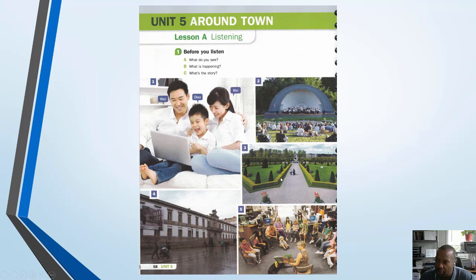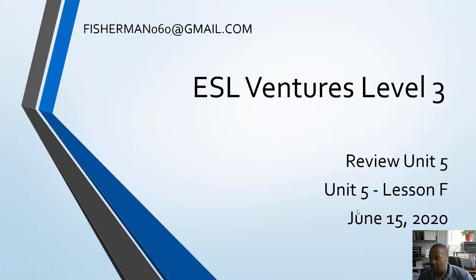Community events are things that we can do within our community that will either educate us or entertain us, like concerts, or provide us a place to meet other people. The storytelling picture at the library is a place where we can learn, we can be entertained, and we can also meet people. So that is what we're getting into. Let's continue on with Lesson F.